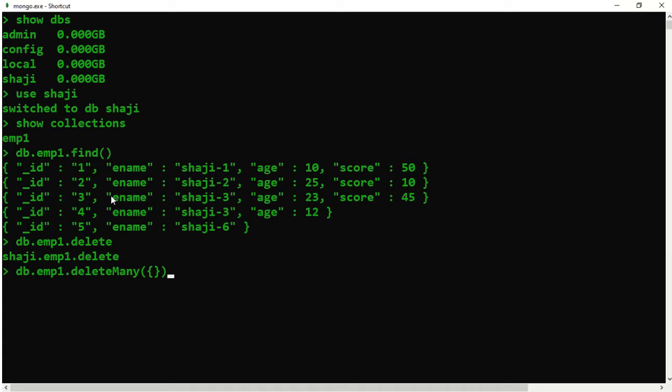Check db.emp1.deleteMany with the curly brackets open and close inside the small brackets. Okay, so this is the way how to delete many records from a particular table or say collection. So I'm deleting from emp1, so all the records in the emp1 will be deleted.